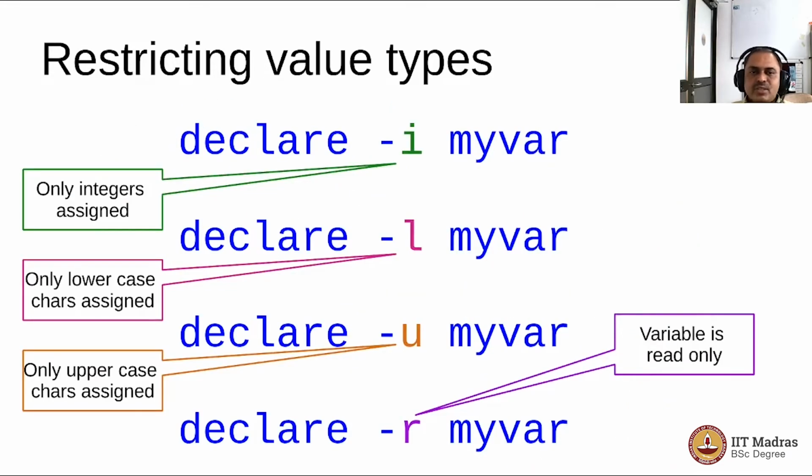You can restrict what type of values can be assigned to any variable. So you can restrict it to be only integer type or lowercase type or uppercase type or even read only by using the options like I, L, U and R. Remember that if you make a variable read only, then you cannot modify it after that, and if you want to do it, you may have to start the bash all over again so that it will forget that particular